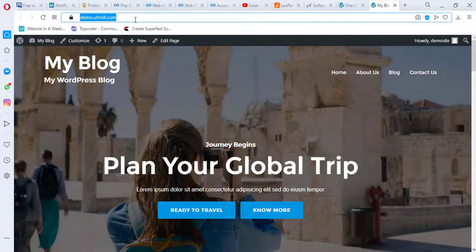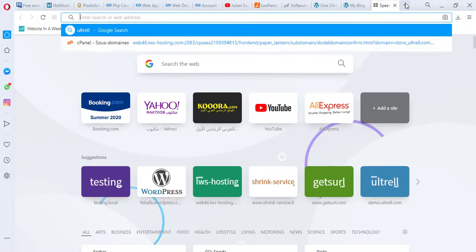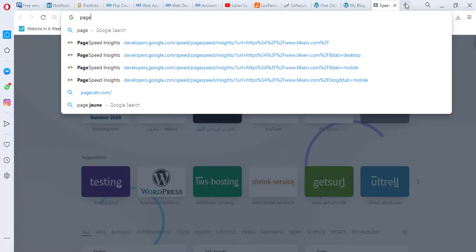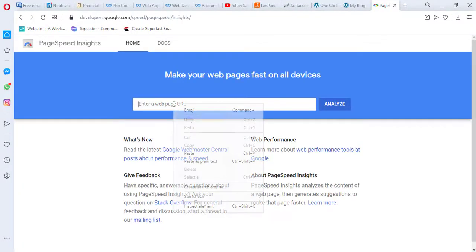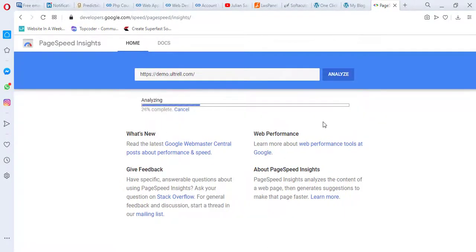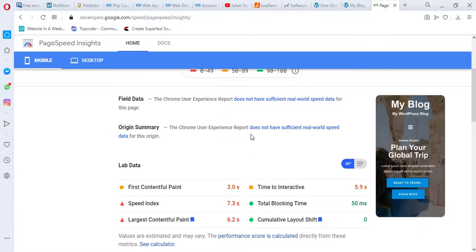I just want to check the website speed. So I'm gonna head to PageSpeed Insights and paste the link. So waiting to see the results. Well, for mobile it's 58 and that's pretty much okay,